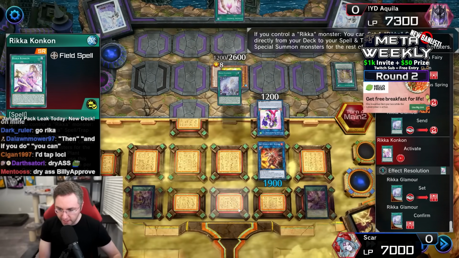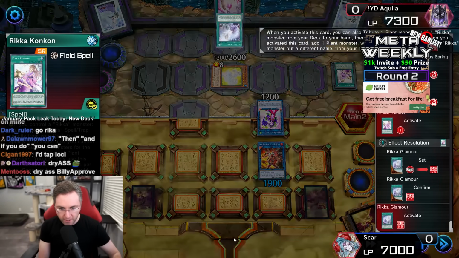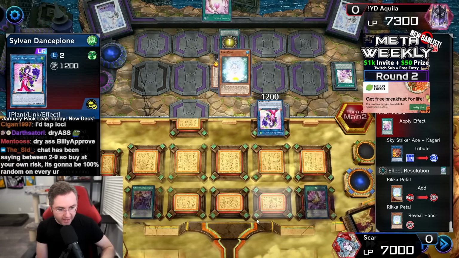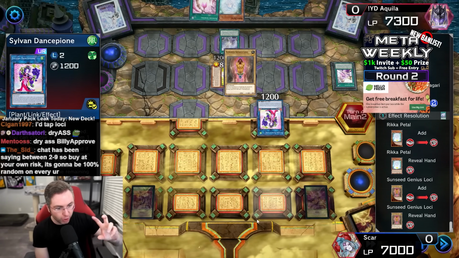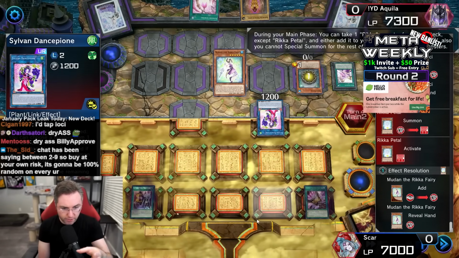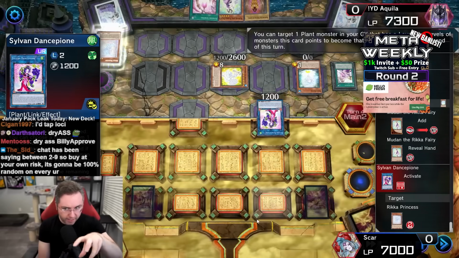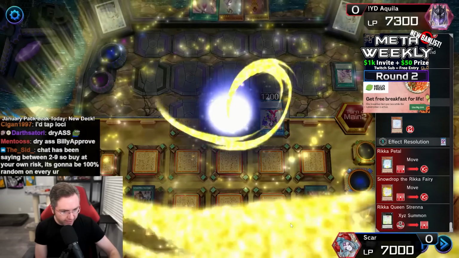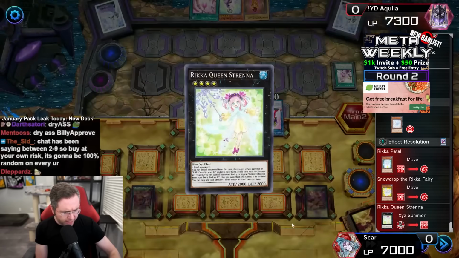We can now use Con because we control a Rikka, searching for the Glamour. Boy, did that work out. Using the Dryas to swing into the Kagari, that was great. Con tributing Kagari to then search for the Glamour. We are then glamoring to, the Glamour tributing Kagari to activate it. And then we're going to be using the effect of the Dance Peon, changing the level of Princess,